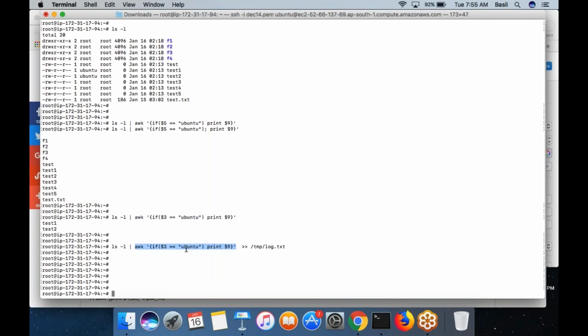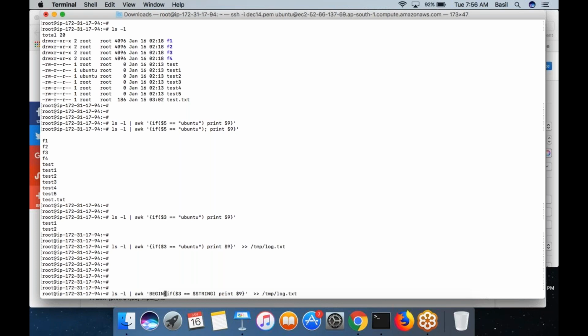You are running this particular command and you are putting Ubuntu like this. Now let's say instead of this, you want to do this. You are initializing a string variable at the beginning.